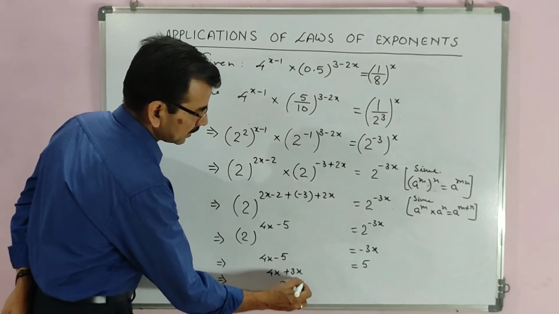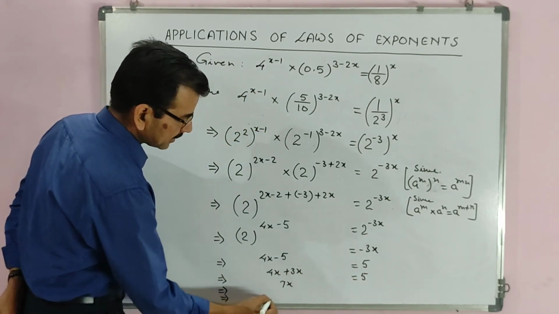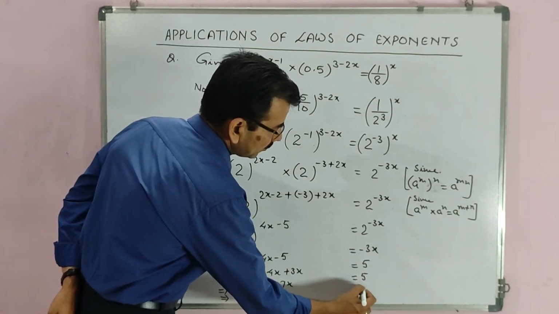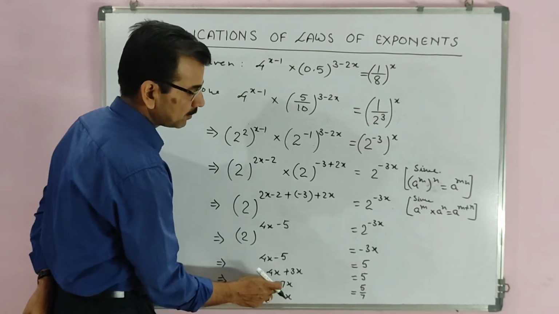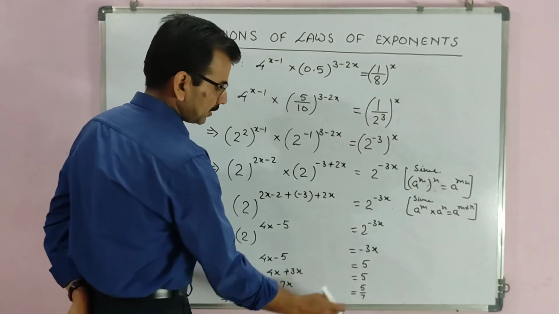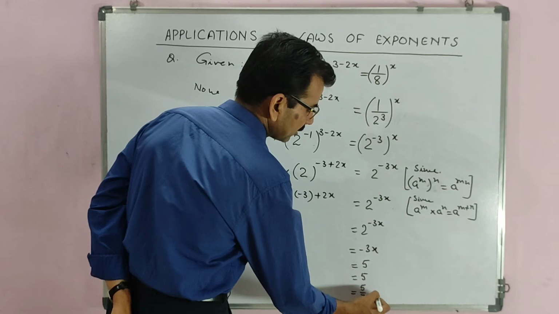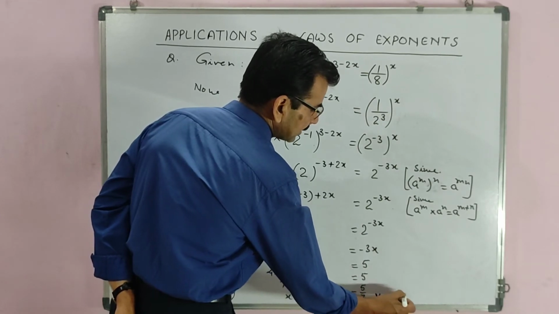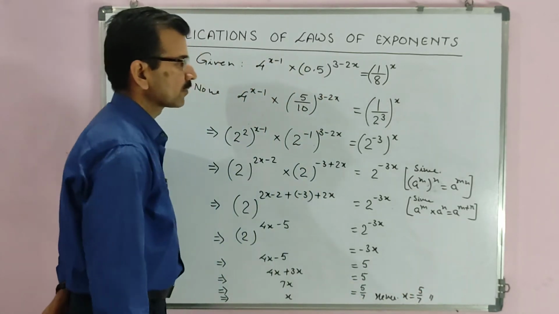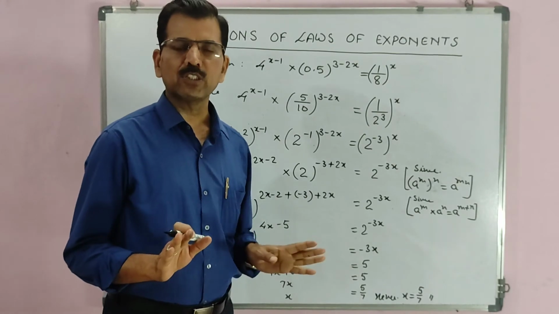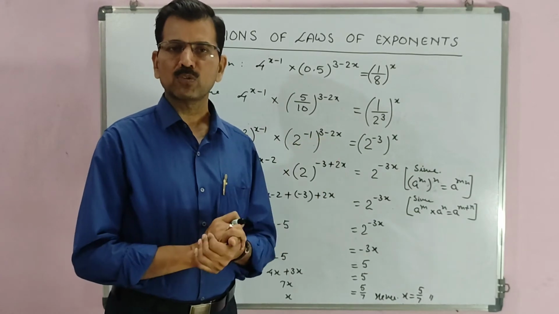7x equal to 5 or x equal to, yes, what is the answer here? 5 upon 7. Okay, how we get here 7? Because it is multiplied, so it will come in the denominator. x equal to 5 upon 7. And we write here hence, down we can write hence x equal to 5 upon 7. This is the answer part here. Clear, dear children? Understood? No doubt? Okay, very good. So this type of questions I hope that you will be able to solve.